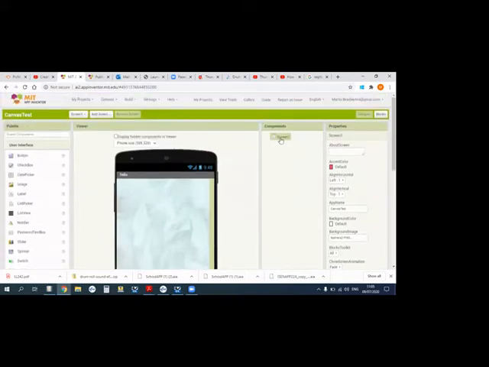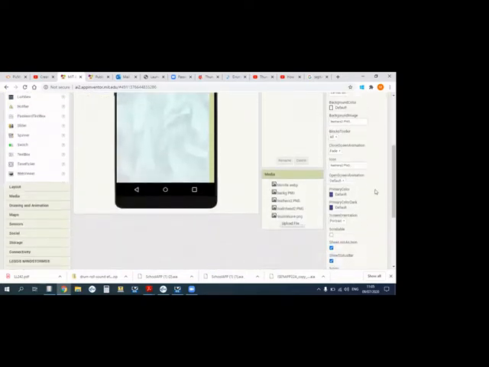So on your main screen, if you go over to the right-hand side and scroll down, you will see icon. And in there, you can select whatever icon that you want in your app. So for example, when you download an app and you go to press it, the little picture that's inside the square box is going to be whatever you put in here. So that was the